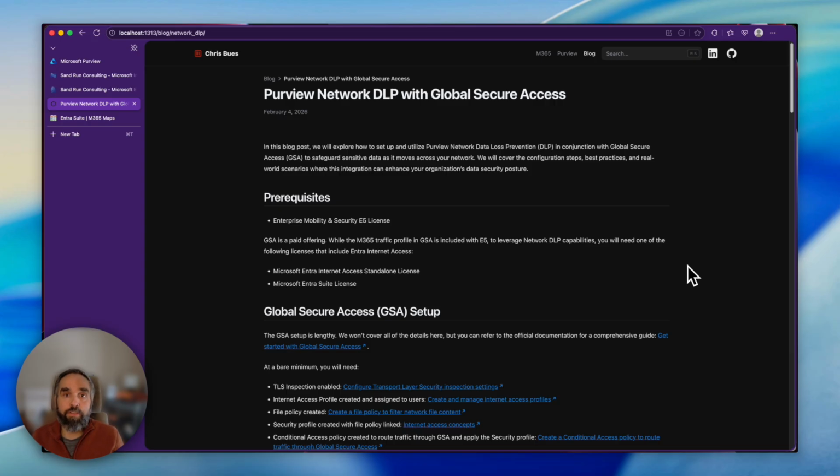DLP to understand how it would fit in an overall protection strategy that you might have in conjunction with cloud-based DLP and endpoint DLP, and maybe even edge in browser protections, which I'll cover in another video. So today we're going to talk about Network DLP and how you can try all this with Global Secure Access